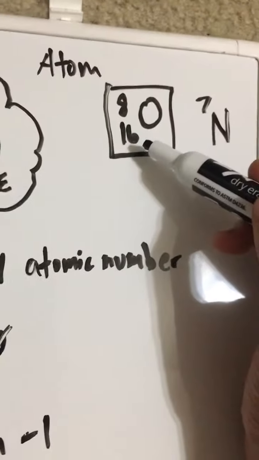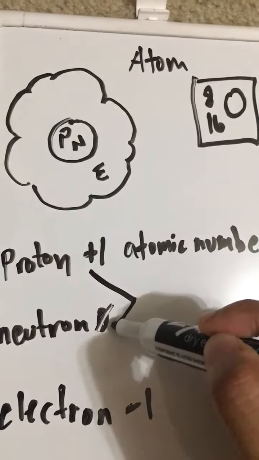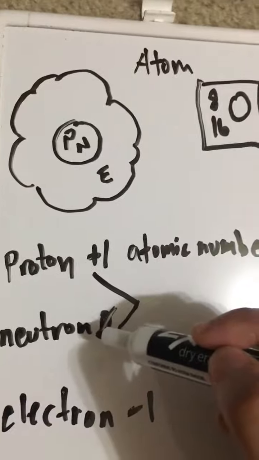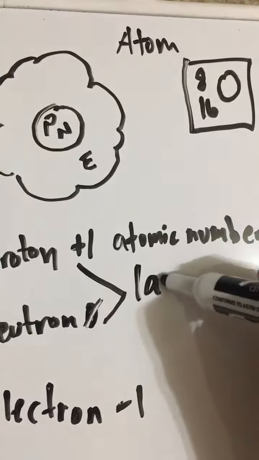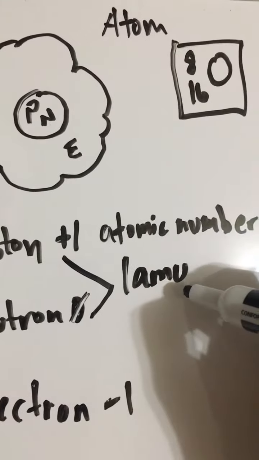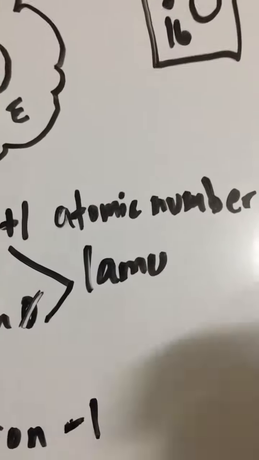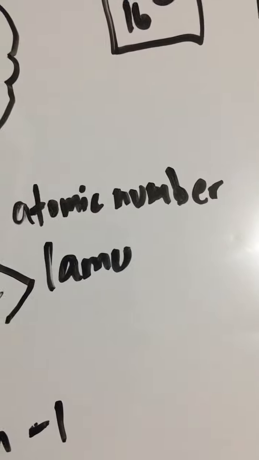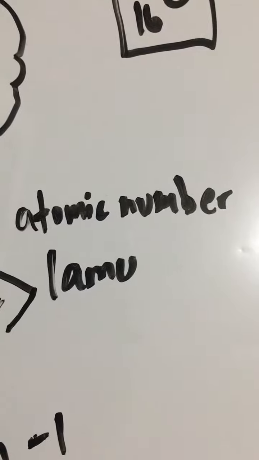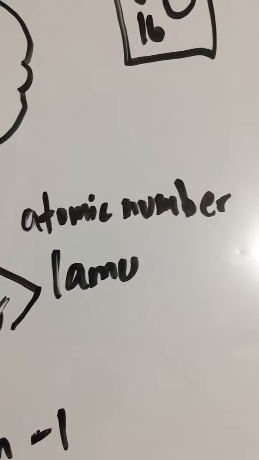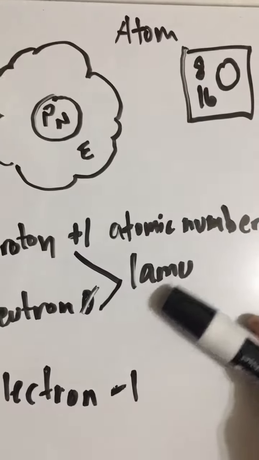Okay, so what is this bottom number? First things first, we need to mention that protons and neutrons each have a weight of 1 AMU. AMU stands for atomic mass unit, and that is the unit of weight for subatomic particles. It's similar and comparable to us, where our unit of weight is pounds. And so, knowing that protons and neutrons both each have 1 atomic mass unit,